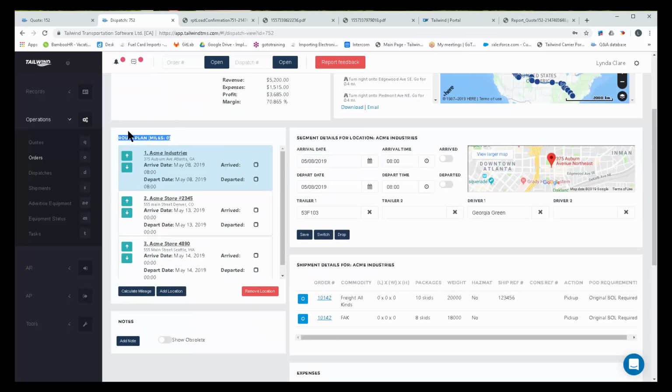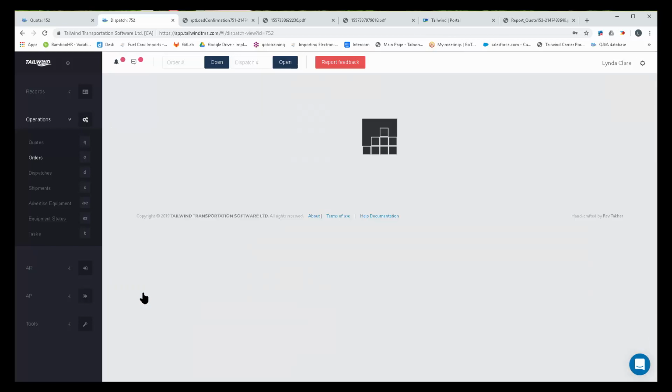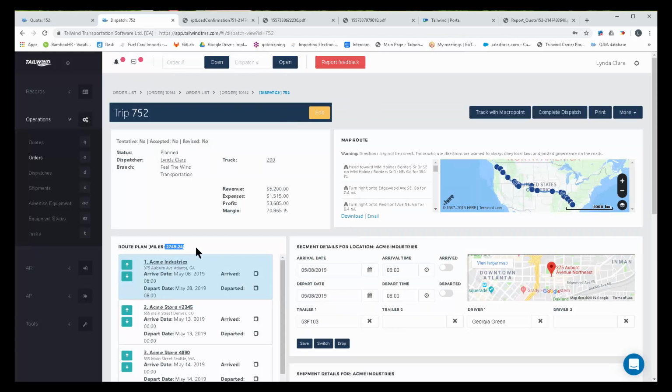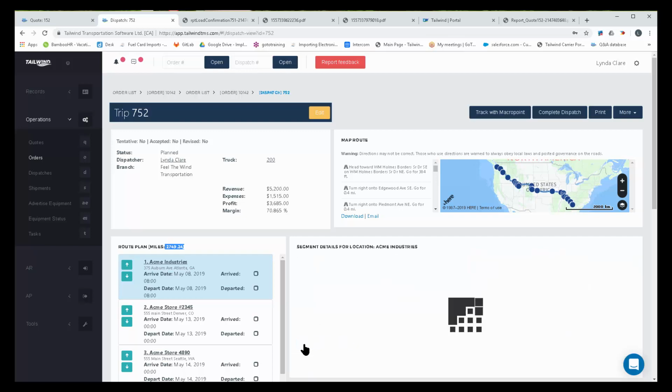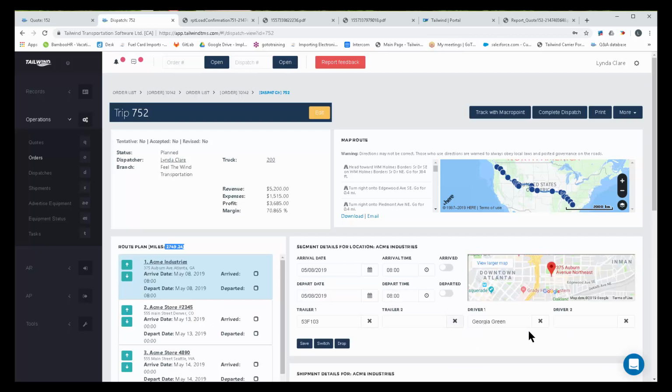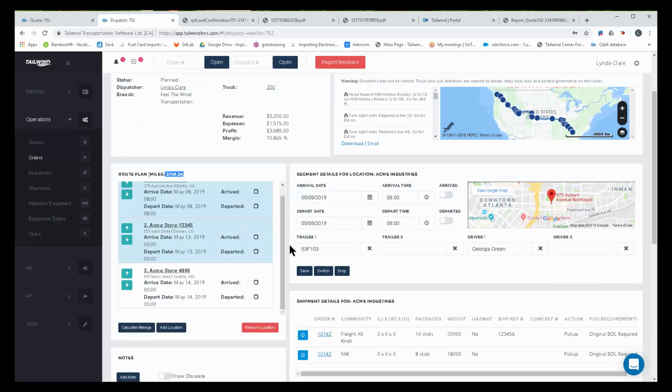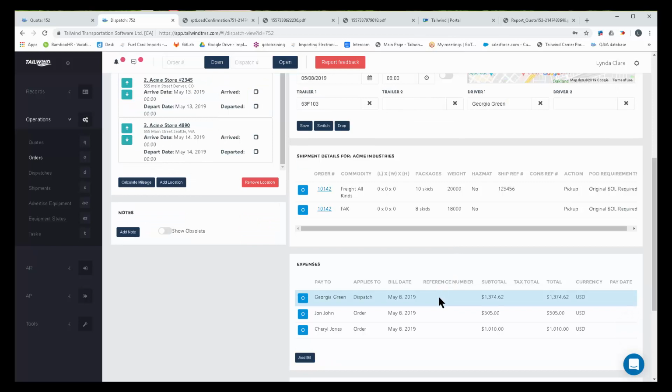So over here on the route plan, I do have the ability to see I'm going from Atlanta to Denver to Seattle with the ability to calculate miles, letting the software tell me that it is 2,749 miles to do this load. When I save this information, the software recognizes, oh, Georgia has auto payables tied to miles. So the software goes to work for me and creates a bill for my driver. That's auto payables at work for you, everyone. It just paid Georgia 50 cents per mile for those